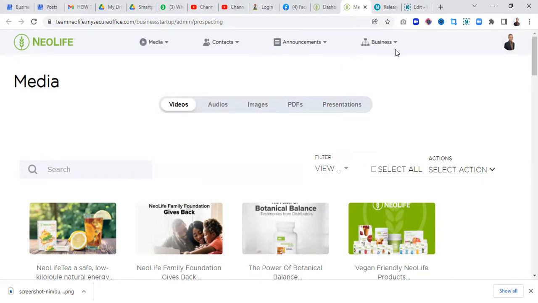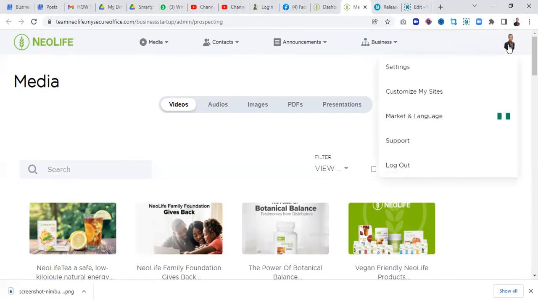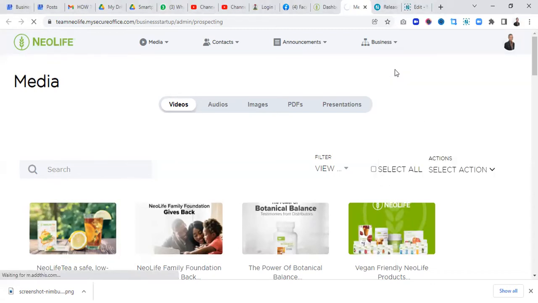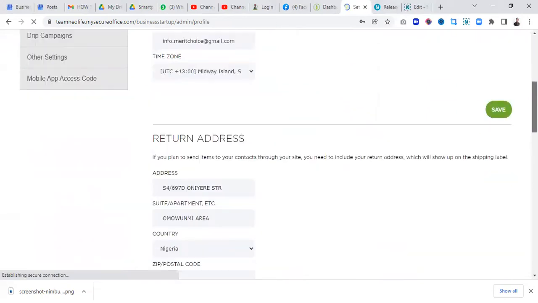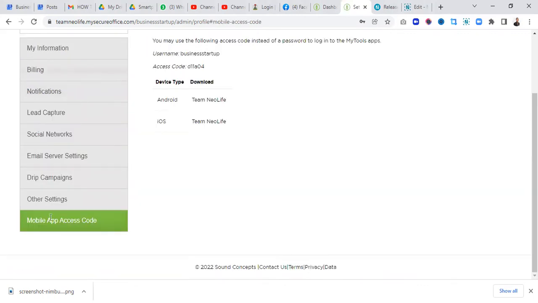Now, if you want to have access and get your login details, you come to your profile here, then go to the setting. When it opens, you go to the setting on your profile. You will now come to mobile app access code. When you click on mobile app access code, you will see your Teamneolife login details here. This is the username and the access password to log on to the